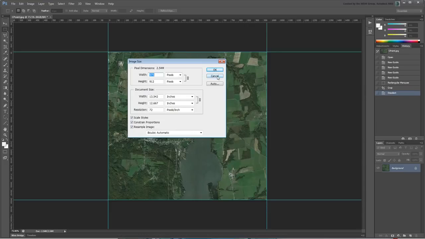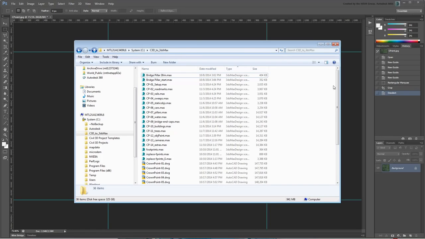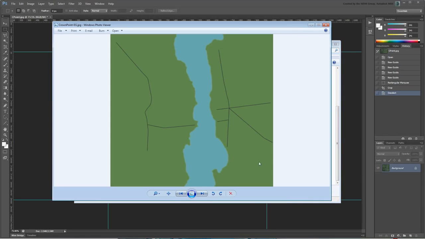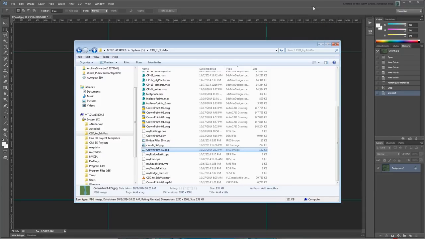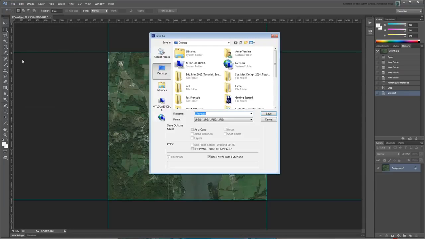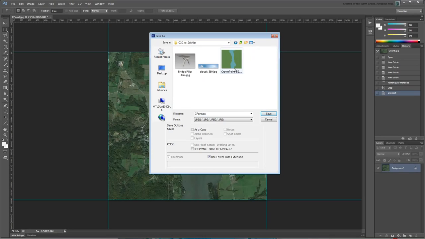The reason is that I'm not allowed to redistribute Google Maps along the scene files that usually accompany these tutorials. In this case, I'm only providing you with a proxy image that shows the land, water lines, and other major roads. It's a poor substitute for an image, so I encourage you to save your own map if you want your scene to look good. If you followed my instructions, you can save the Google map to the C3D to 3ds Max folder. And so you can replace the proxy image named Crown Point EG JPEG,